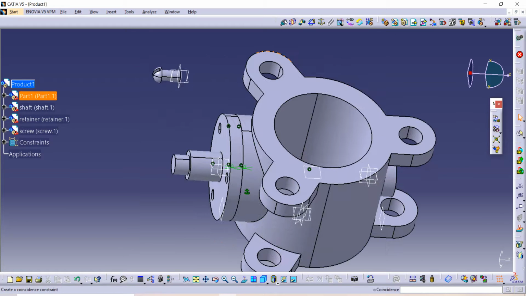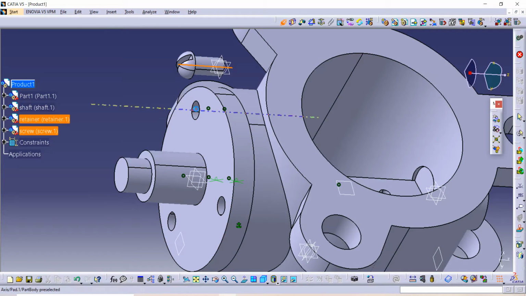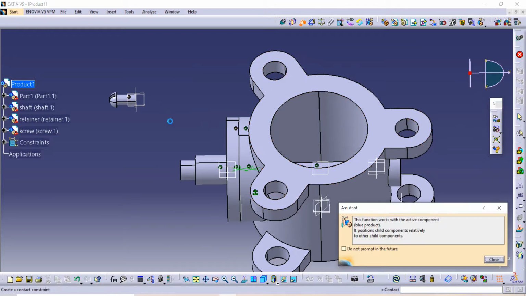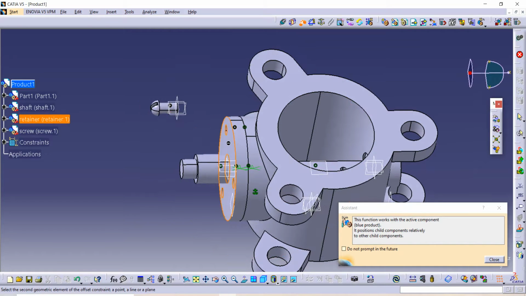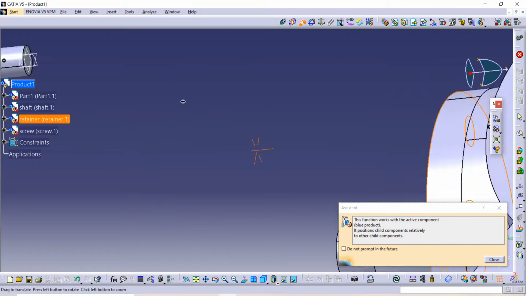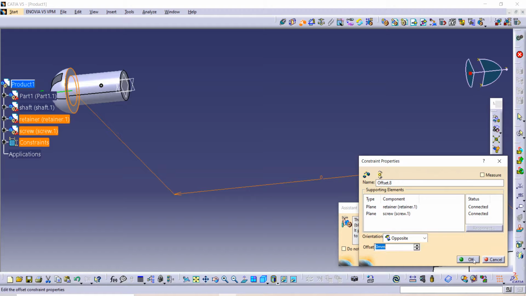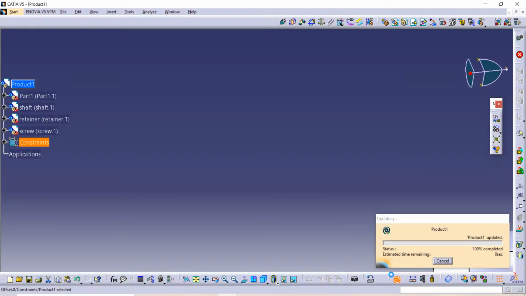After that again use this coincide command, select axis of screw and then axis of hole. Similarly use this offset command, select surface of this with surface of this and give distance as 0 and click on OK. After that update it from here.